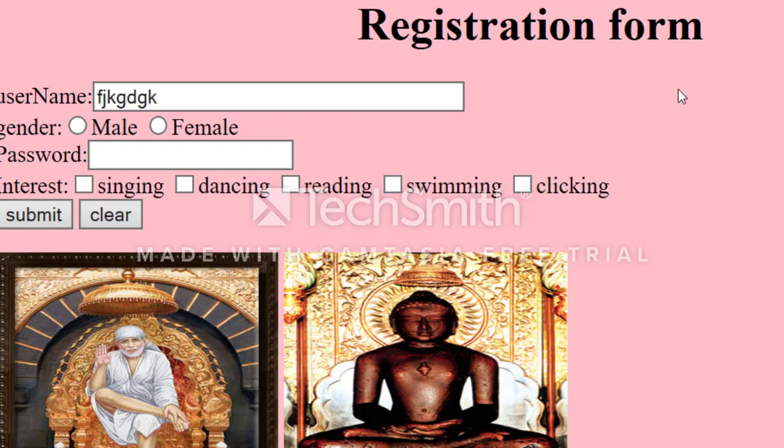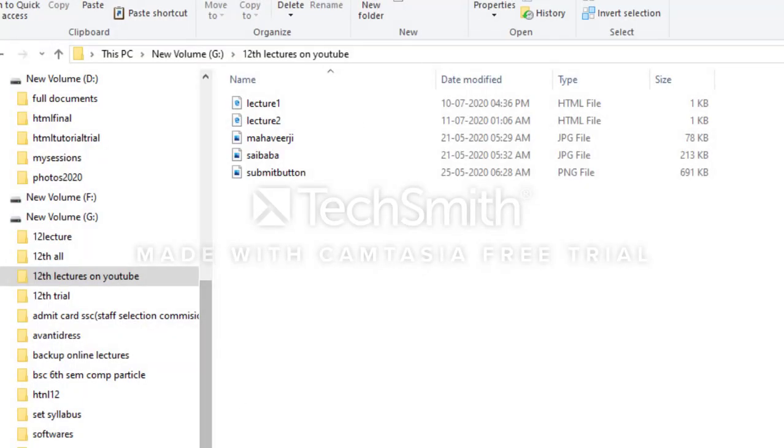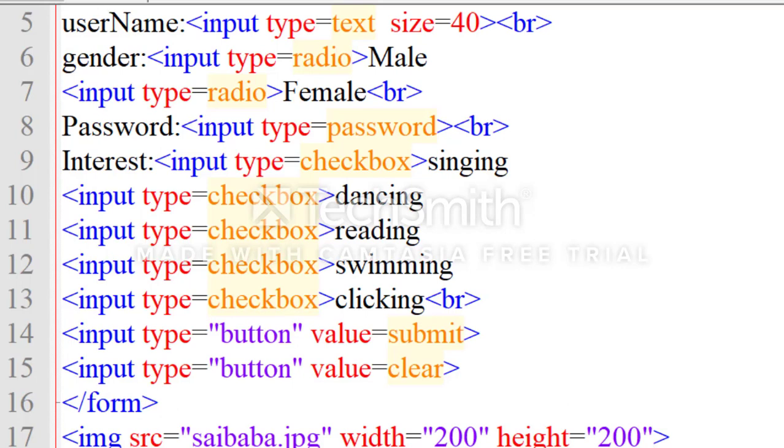Okay, the first registration form is created. Now we want to create another form, another web page. That's why we will close this. Save the whole form and take another new file. In the second web page I want a blue background.